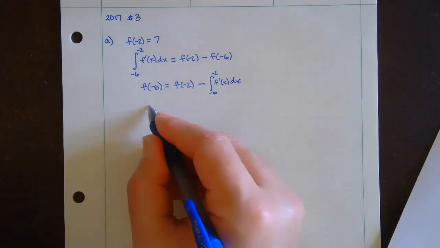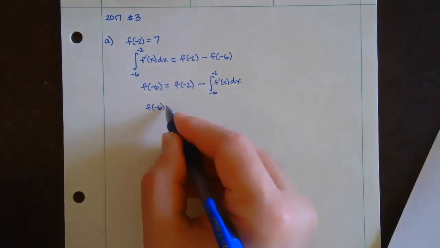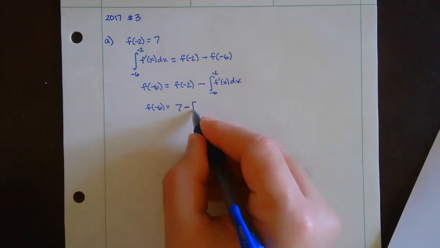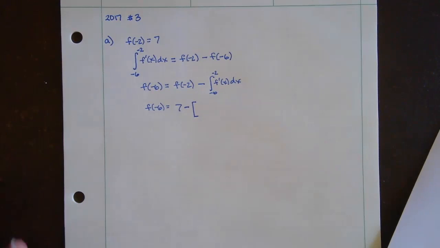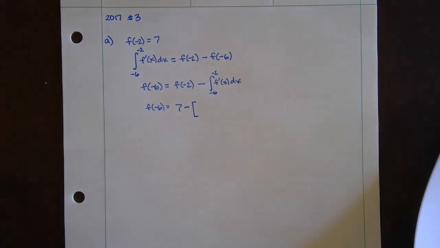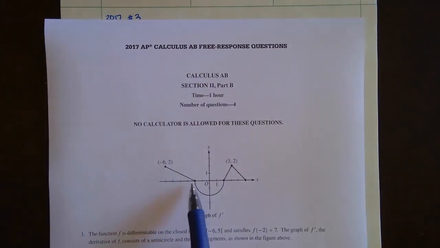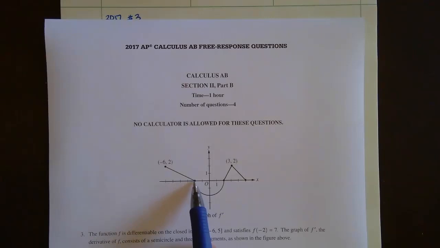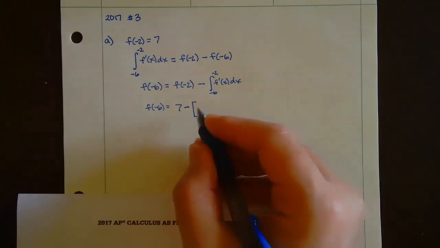So that means f of -6 would have to equal f of -2, which we already know is 7, minus, and then we're going to do area from -6. We're going to use area to figure out this integral. So I'm going to go back to the graph, and we're going to go from -6 from right here to right here. So this is going to be 1/2 this height, which is 2, and then this base, which is -2 right here, because we're going by ones. So this would be 1, 2, 3, 4. So 1/2 times 2 times 4. So minus 1/2